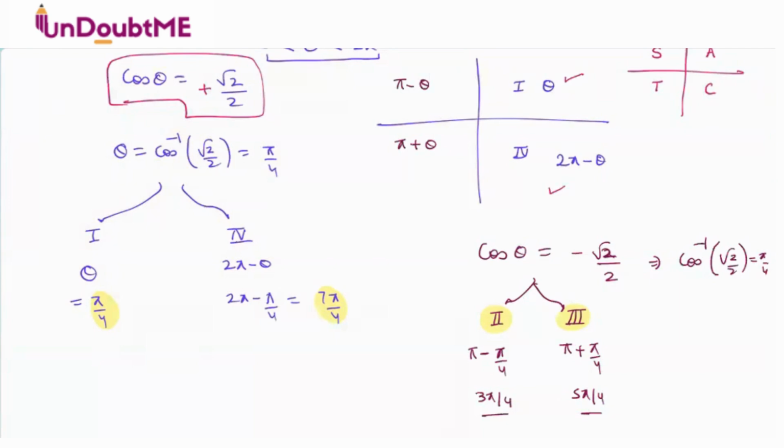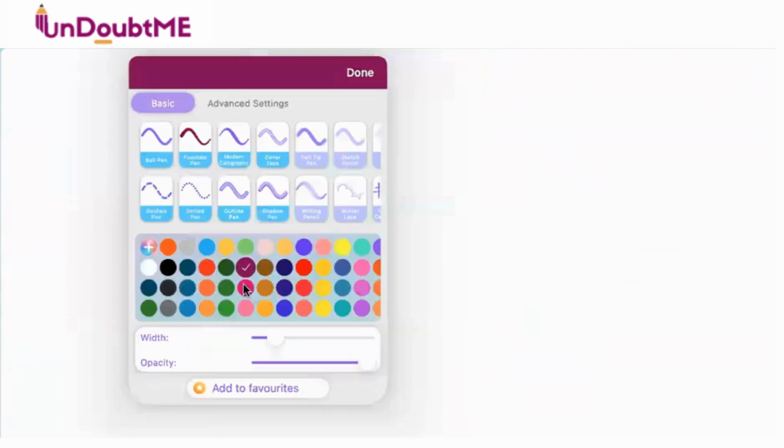Is this clear? We'll do one example for tan also and then we'll wrap it up. We'll move on again to that exercise. All these will be helpful in the next chapter, trig equations. So let's say I have tan theta equal to 1 by root 3. Positive sign tells me that my answer will be from the first quadrant and third quadrant